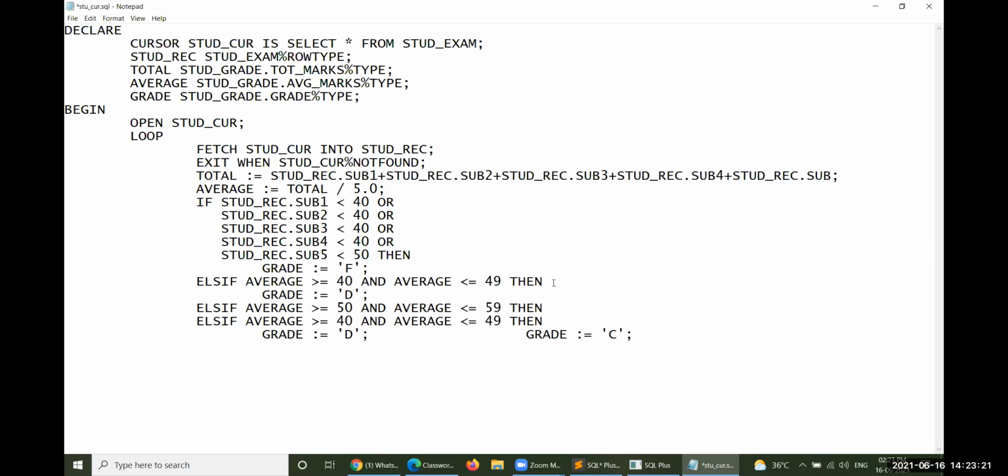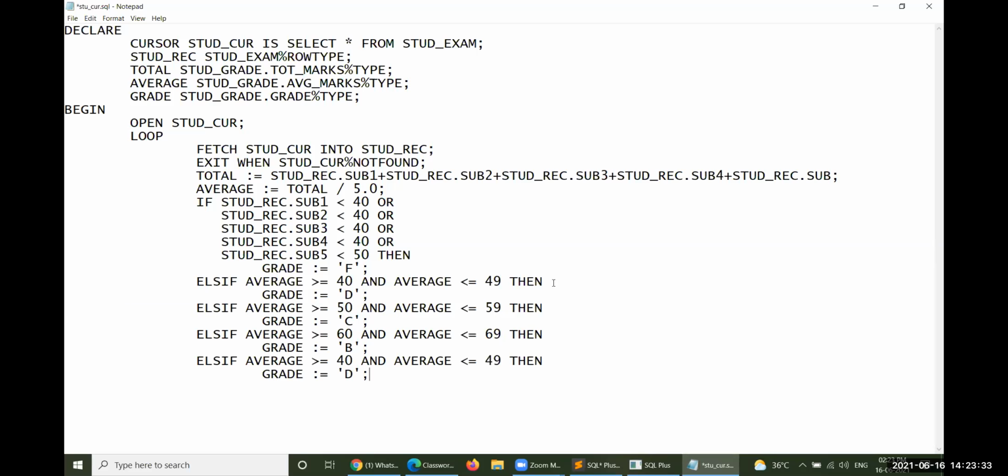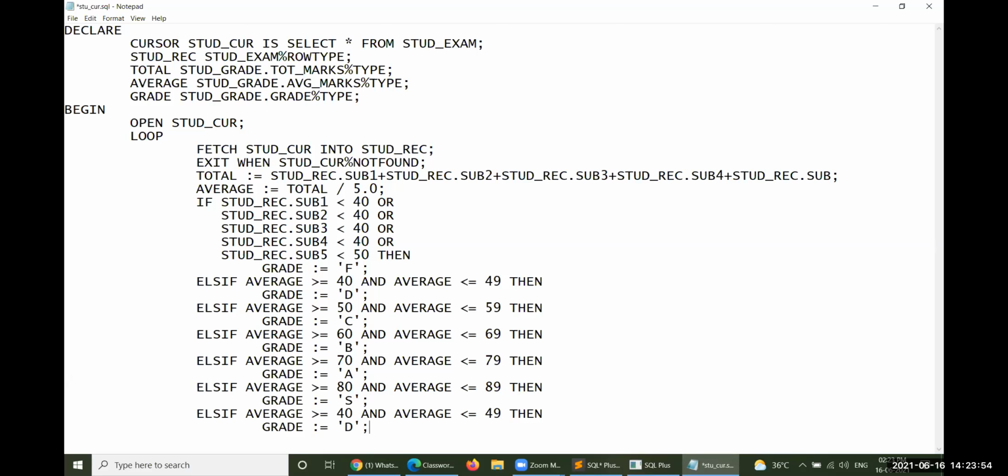Greater than or equal to 60 and less than or equal to 69, you get B. Then greater than or equal to 70 and less than or equal to 79, you get A. Greater than or equal to 80 and up to 89, you get the next grade.